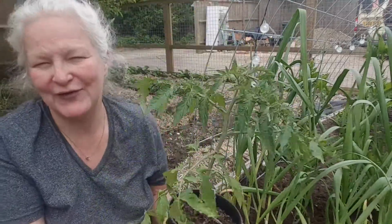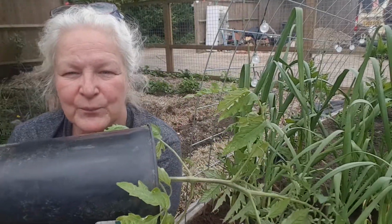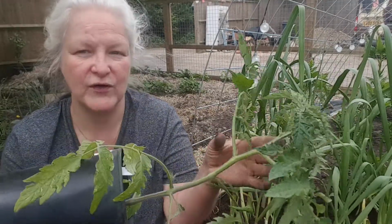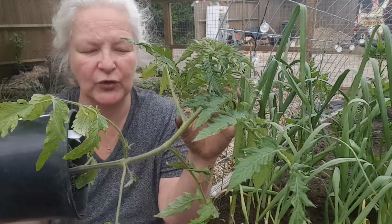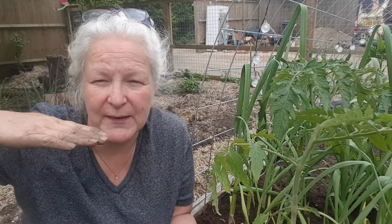I can put off planting it for a couple of days, and I can take the plant and lie it on its side like this. And then what's going to happen is it is going to reach towards the sky to where the sun is. Now, I'm not going to pull that too far at the moment because obviously it's not built like that and it will probably snap. But if it does it naturally on itself, what you'll end up with is the main